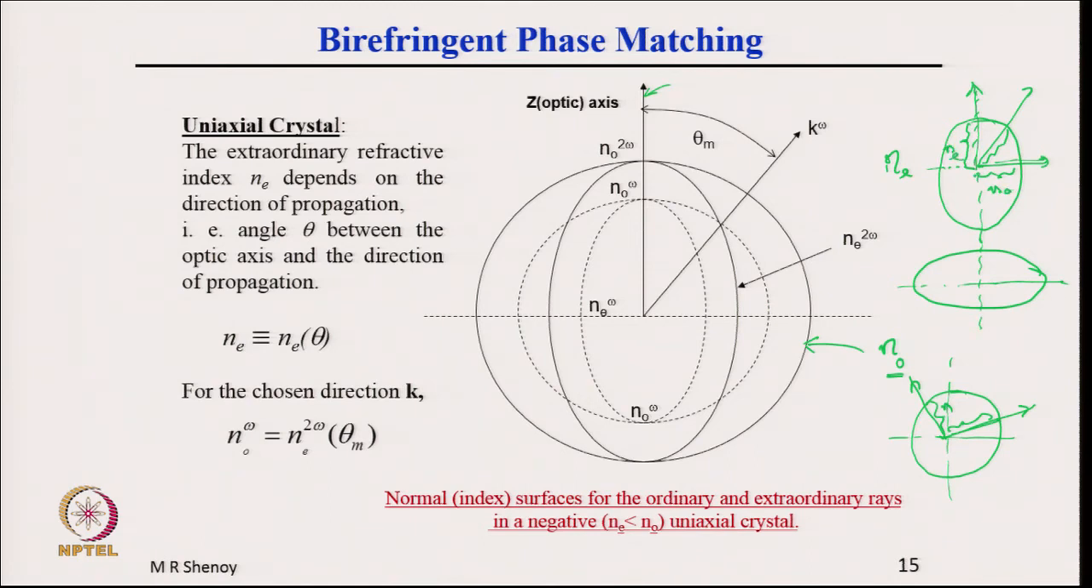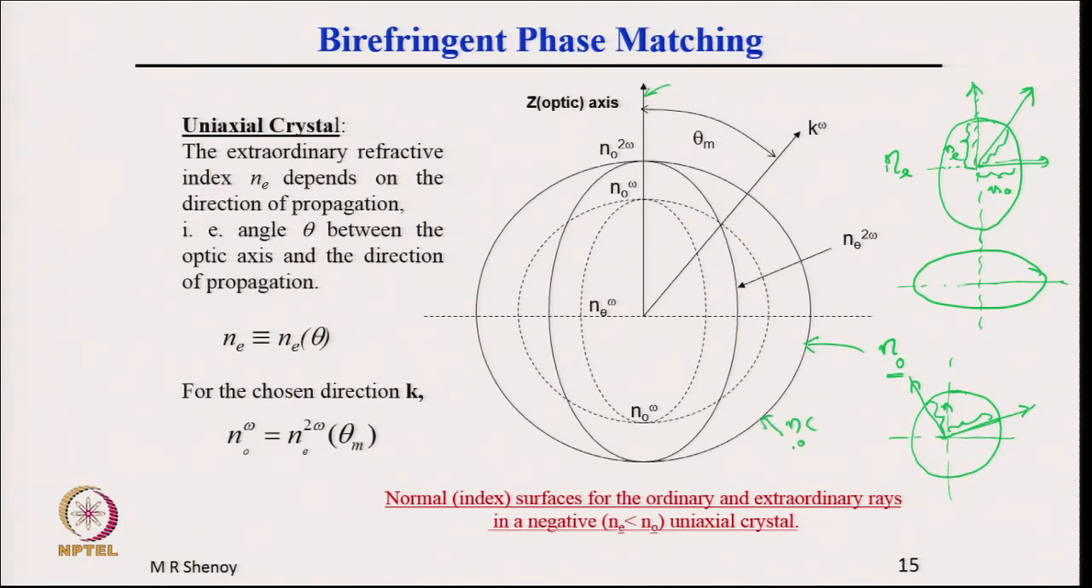If you are propagating along the optic axis, then it will see a refractive index which is NO, and if you are propagating along a direction perpendicular to the optic axis, then it will see a refractive index NE. So, this is what is shown as index surface. Now, what is important? We can see two circles. The first circle here, so this is